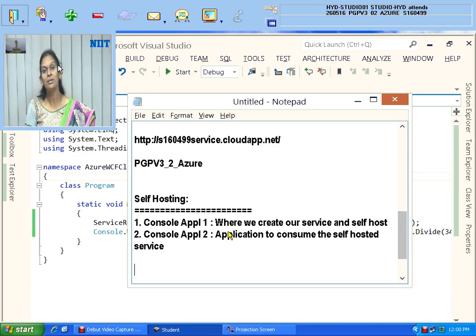Gateway is nothing but the endpoint. An endpoint consists of three details: where it is to be accessed, that is the address; how it is to be accessed, that is the protocol, like basic HTTP binding or net TCP binding; and the contract, meaning the interface name through which the request needs to be accepted.